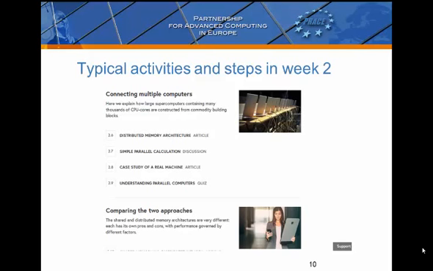So this is what you won't see now, because this is only when I can go in as an educator and see what's online, but you can't see this yet because the course hasn't gone live. But this is, say, week 2. A week comprises multiple activities, typically about 3. So there's a top activity here about shared memory programming you can't see. Then the second activity, which corresponds to steps 2.6 to 2.9, is about connecting multiple computers.